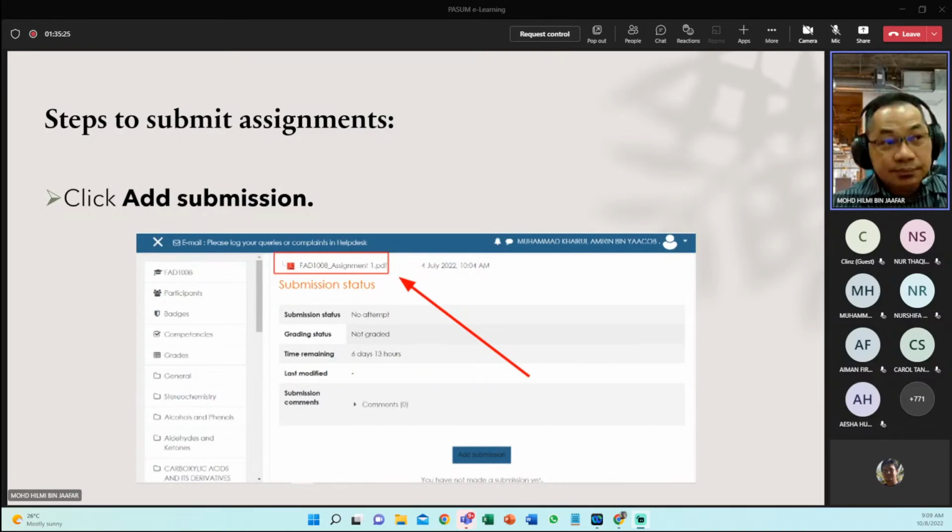But for most science subjects, the assignment is written on paper, so you have to scan your answers and then convert the answers into a PDF file, and upload your assignment. So how to upload the assignment? Okay, here